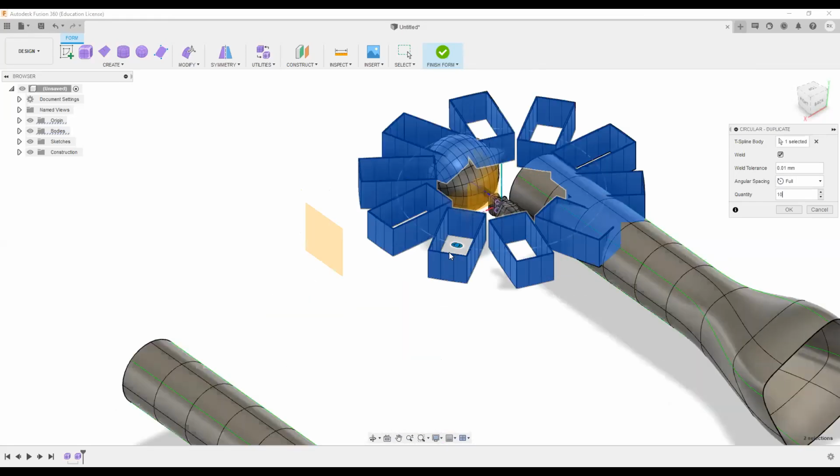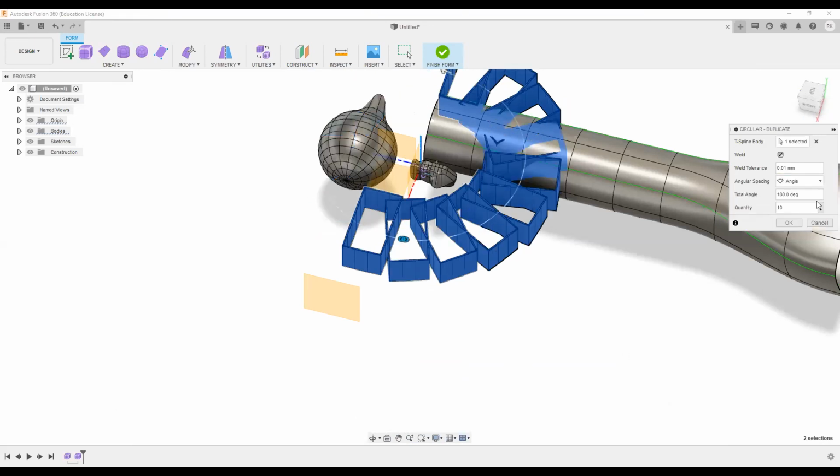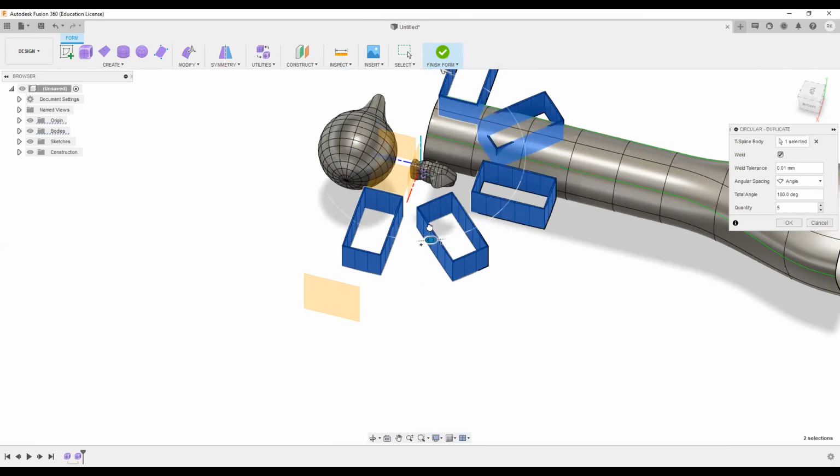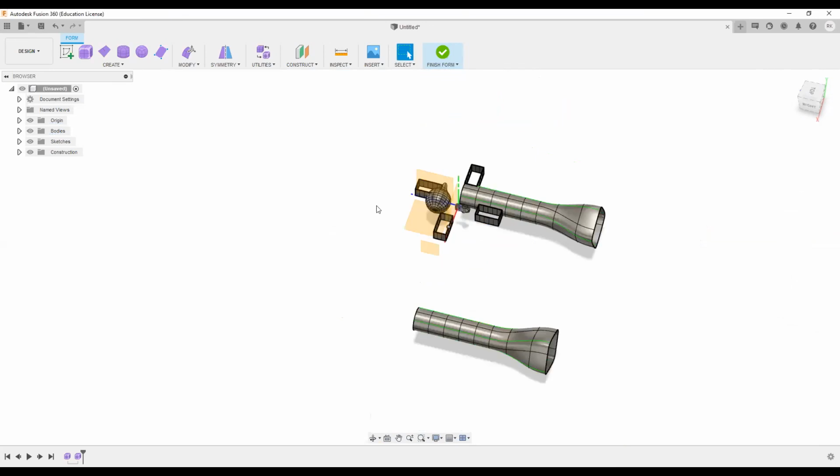It's the same as what we call the pattern tool in the 3D modeling workflow. Here I can select full or angle. If I want to give it only 180 degrees, all the 10 faces will be in this particular area only, 180 degrees. I can change it here also, and 270. So I can change it to 4. This way we can do it.